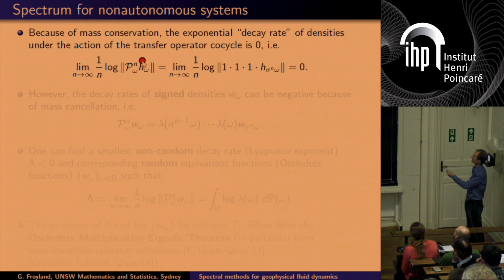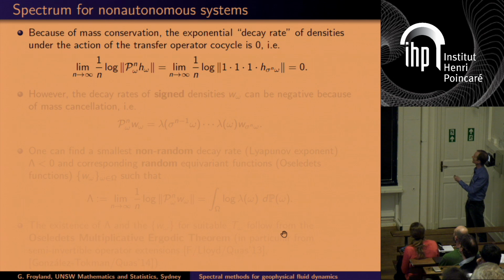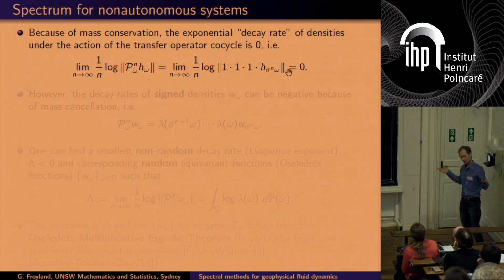Well, what I would do is take my h omega, push it forward, and measure its size by taking its norm, and then for the exponential rate, I'd take a log and divide by n. Now, because of this equivariance, if I do that, all I get is a bunch of 1s, and I just end up with h n steps later. So the size is not growing or decaying exponentially, and I end up with a 0 for my decay rate. It's about the same, so it's not decaying.